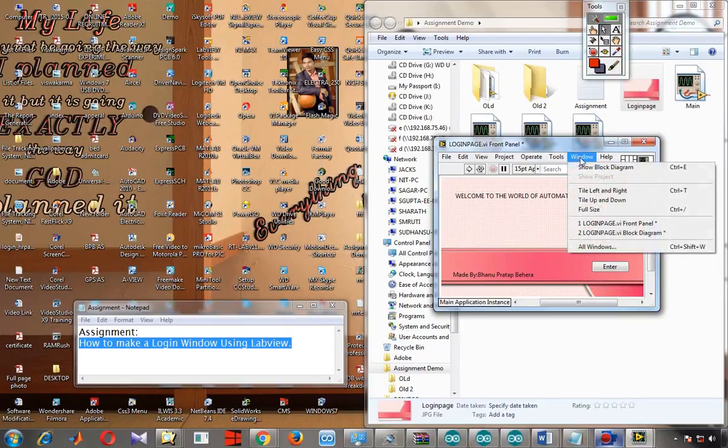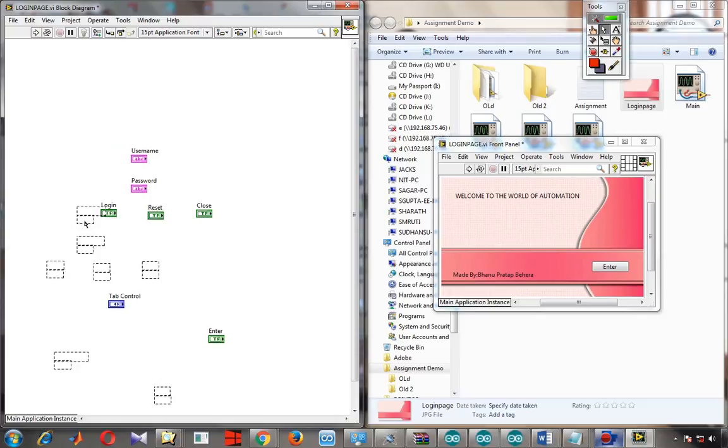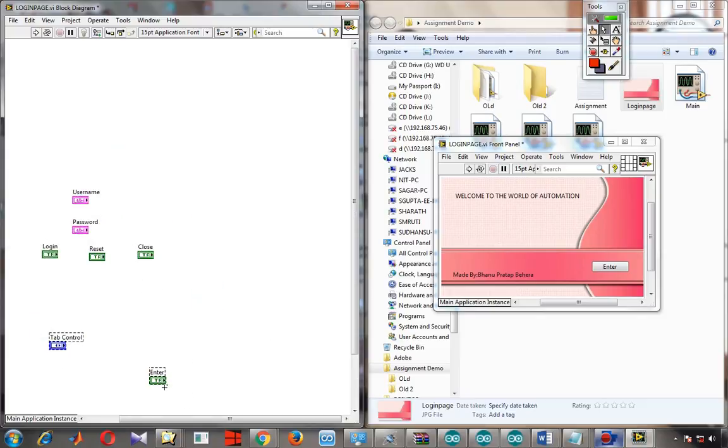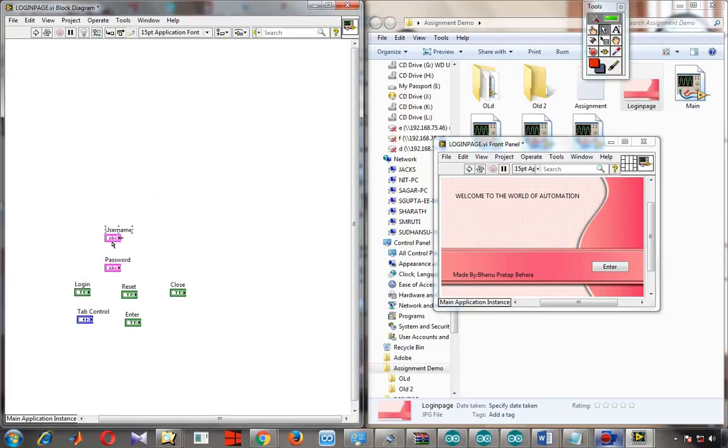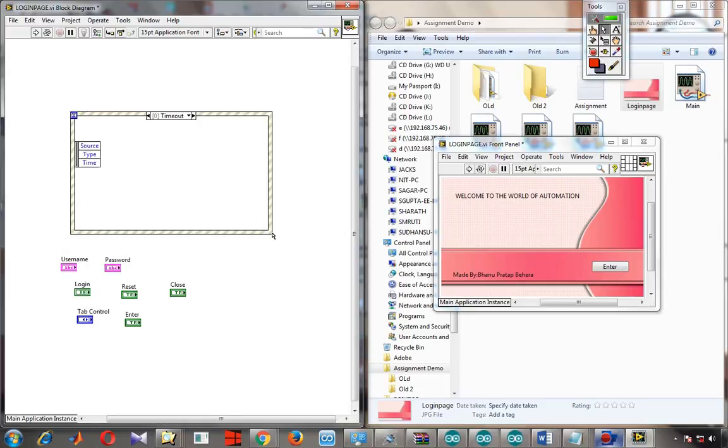So now we'll go to the block diagram section. As you can see, so many things we don't need, we just need this as a behave as icon. And here what we are going to do is compare the username and password. If that is okay, then it will go to some other VI. For that we need an event structure,